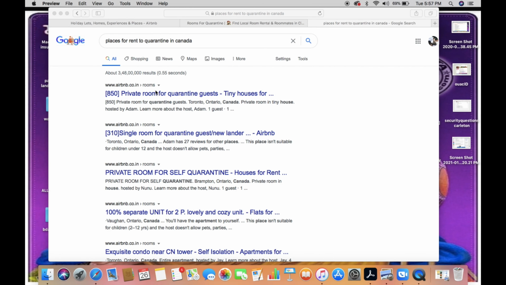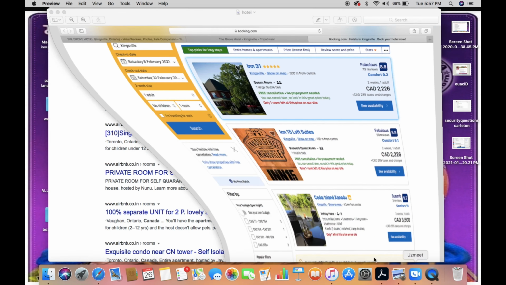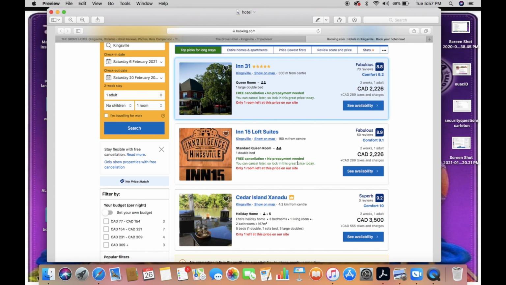What I'm going to show you is a plan of a hotel. So this is just an example. It's nothing personal. This is just a random example in a random city in Ontario. It's just to show you an idea of how much the quarantine plan costs in one of the hotels or pubs, if you stay in an inn or a hotel. I booked it for 2 weeks. Just entered random dates. Let's say you're flying on 6th of February and you'll be landing on the 20th of February. So for 14 days, the cost is actually really high.